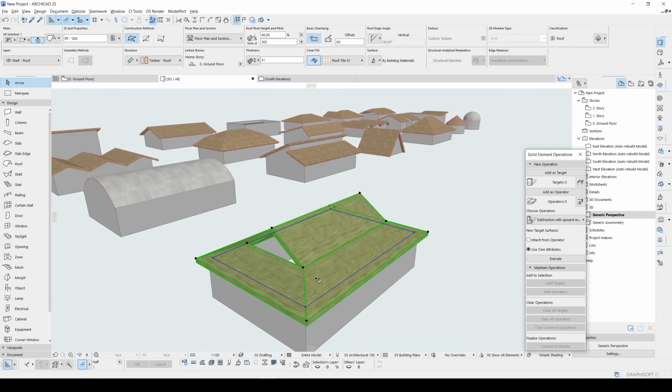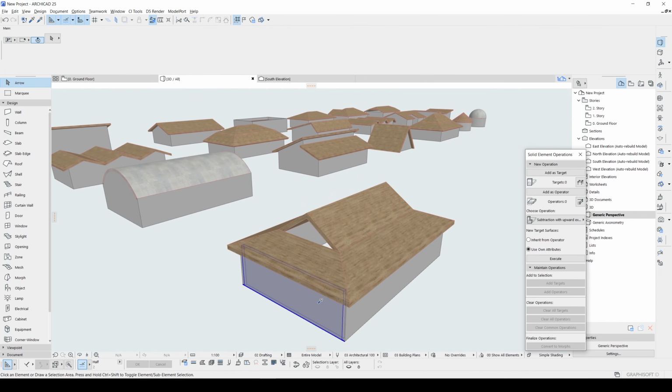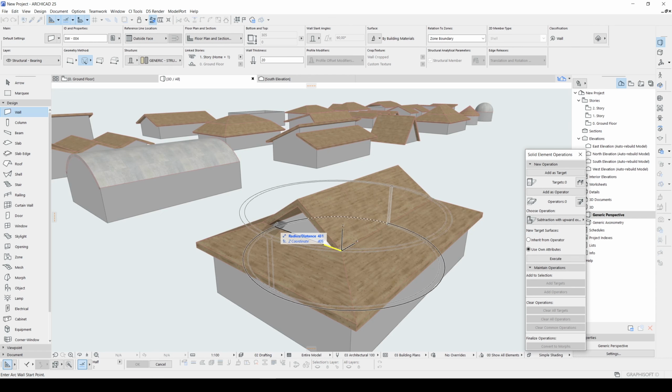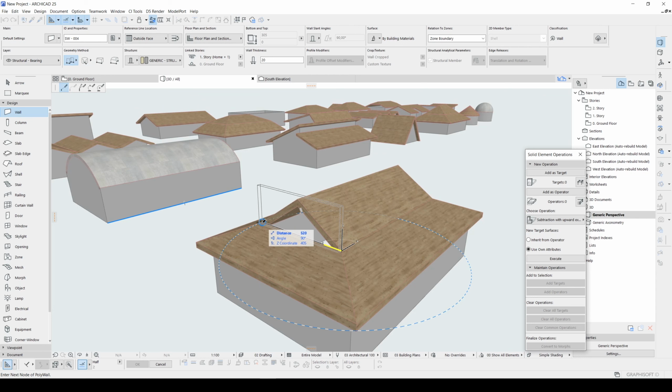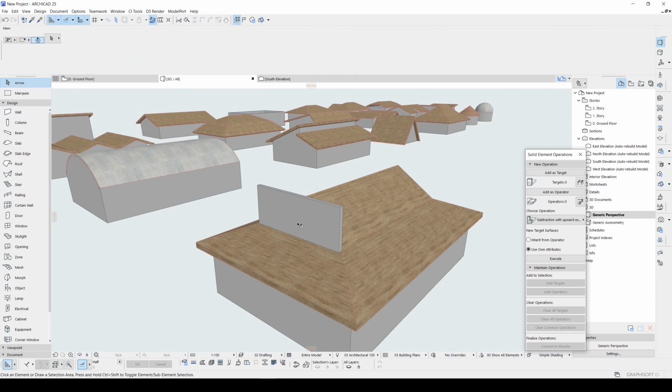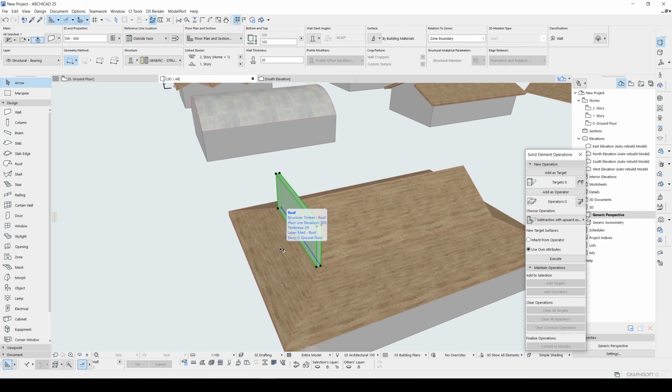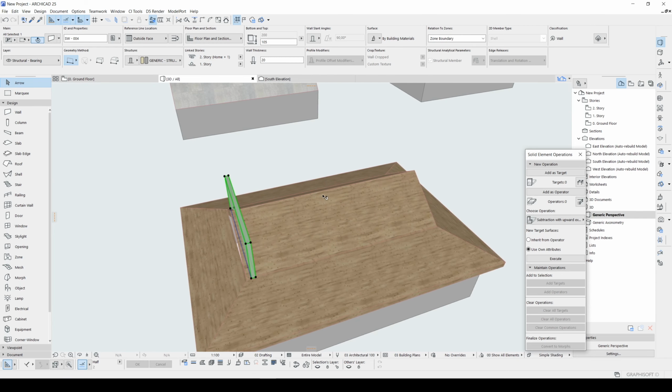There we go. Now I will pick up this wall. Let's change the wall type to straight and click the second point and finish. If you hit P, the wall position will be changed. And I'm going to make this symmetry from the center.